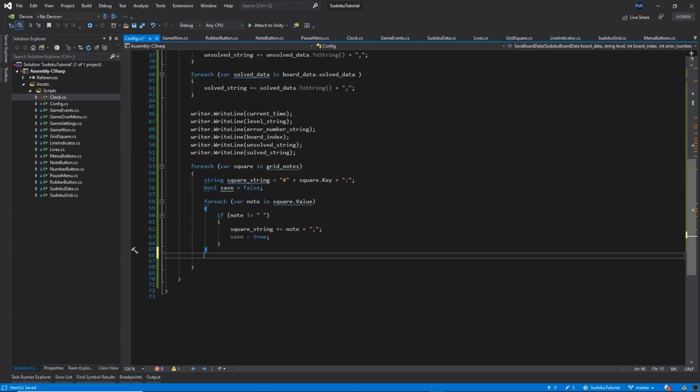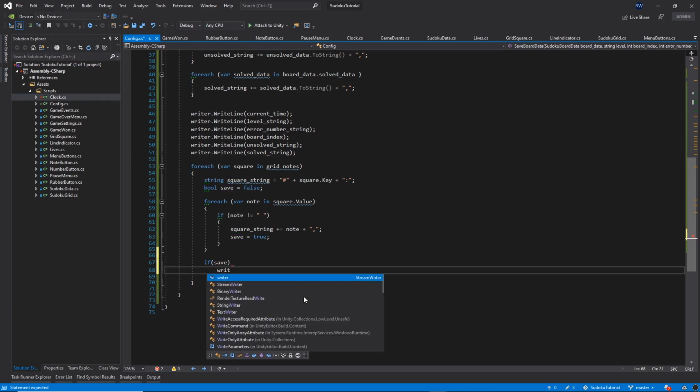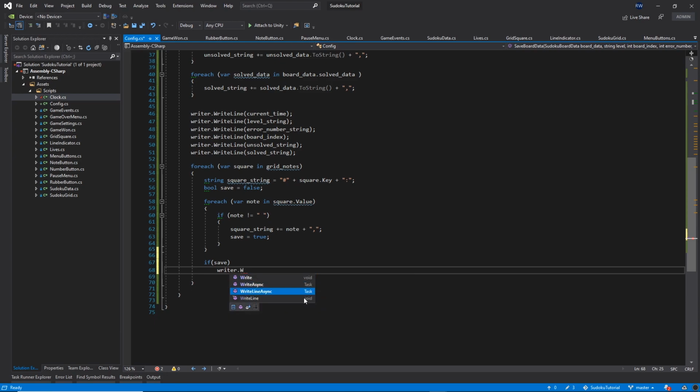Okay, so let's now go outside of this first foreach, and then if save, we want to do writer.WriteLine, and we want to write square